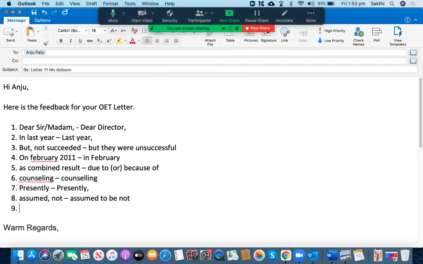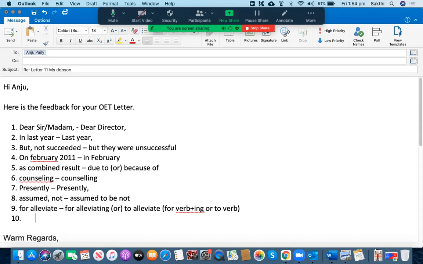Okay, she requires painkillers and alleviate her chronic pain. It's not for alleviate. Remember that for will never go with the verb. For always goes with the verb plus ing. If you are really keen to use the verb, you need to use to. I mean to goes with the verb. So the right form is either for and then verb plus ing, otherwise known as gerund, or you use to plus verb. So either to and then verb, or for and then verb plus ing would be the correct answer. So for alleviating or to alleviate the pain.